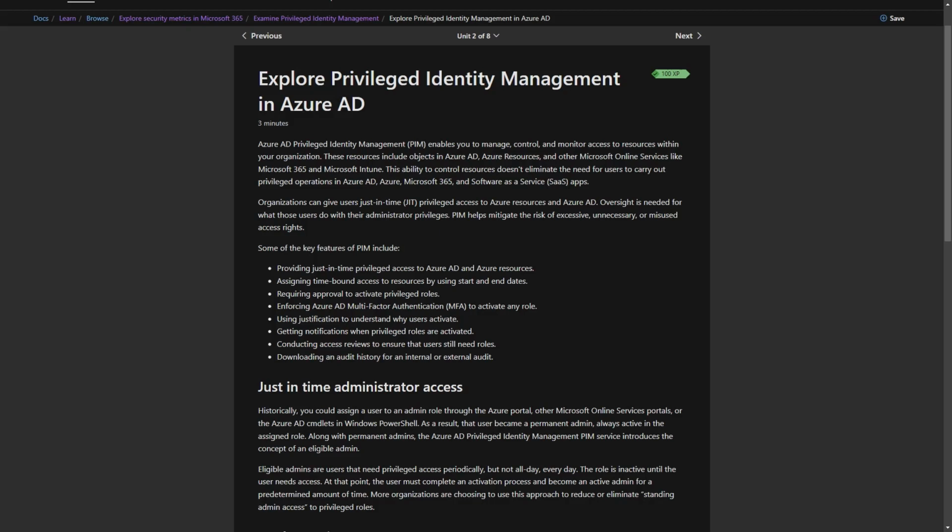Organizations can give users just-in-time, JIT, privileged access to Azure resources and Azure AD. Oversight is needed for what those users do with their administrator privileges. PIM helps mitigate the risk of excessive, unnecessary, or misused access rights. Some of the key features of PIM include providing just-in-time privileged access to Azure AD and Azure resources, assigning time-bound